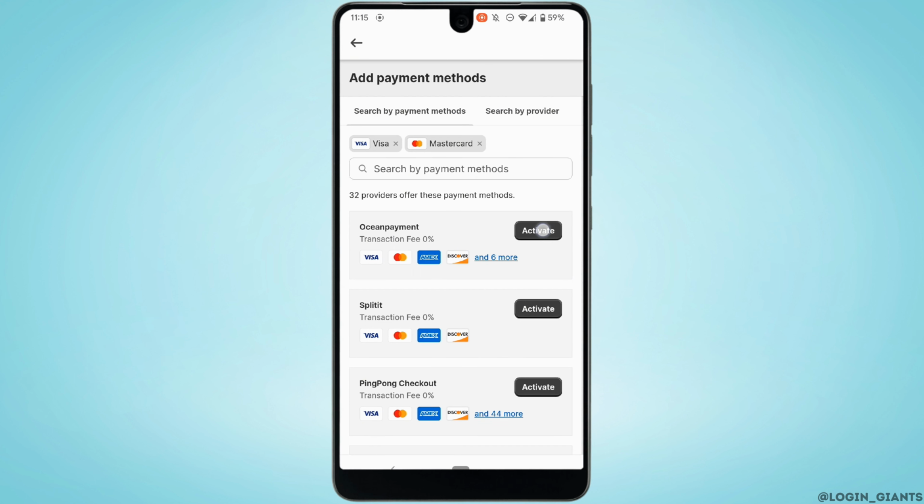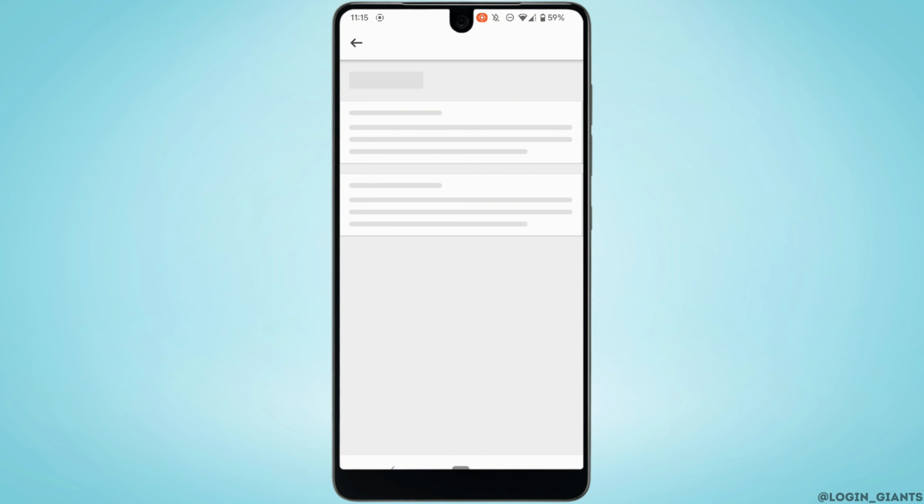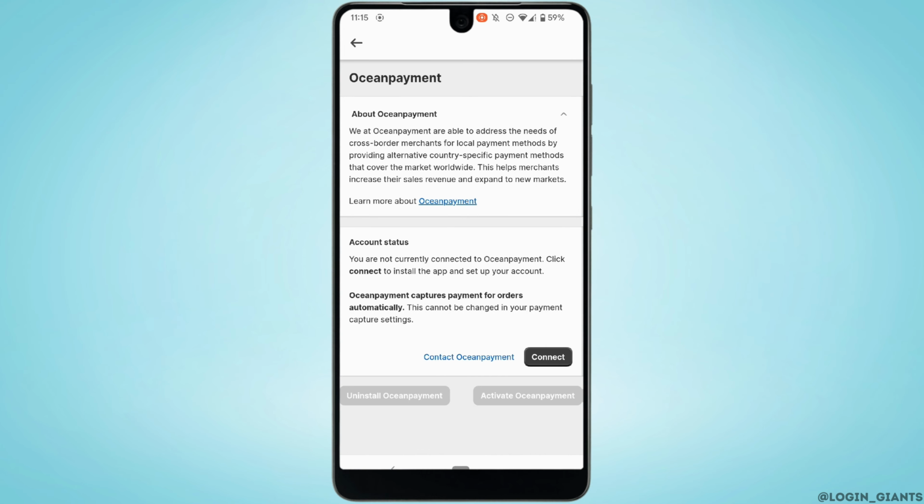For example, let me head over to Ocean Payment. It's an app available in the Shopify App Store. You just need to install the app, sign up and connect it to your store. So that's it, and this is how you can add credit card as a payment method on